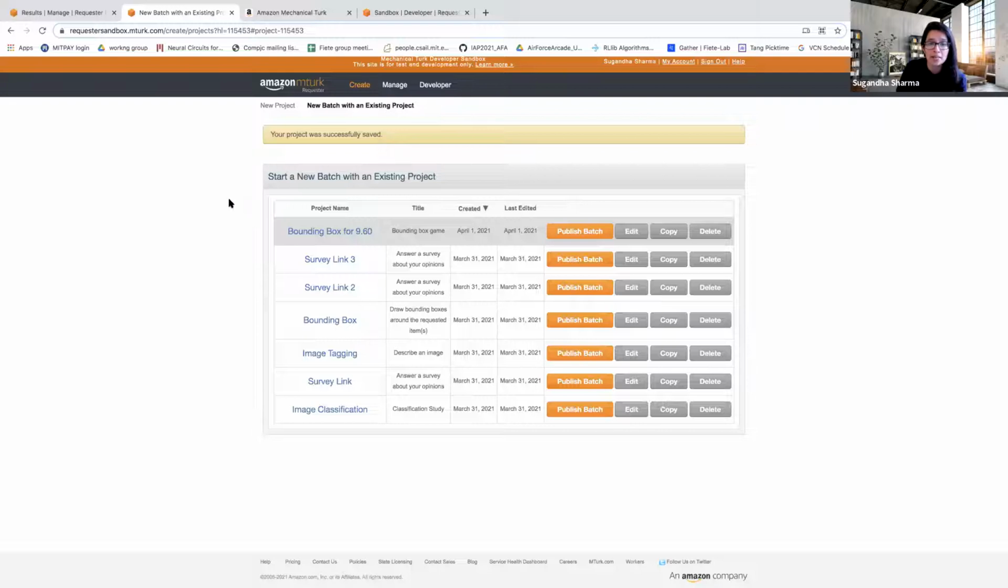and it shows up here, right? So basically we are still under the create tab, and the new project which we created is now showing up here. And if we now want to publish this experiment, so right now we are done with designing it. Now we want to publish it so that workers can see it, right? So then we can click on publish batch,